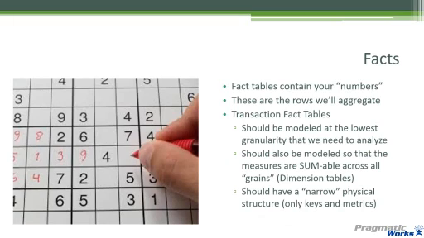Now our facts are the tables that contain our numbers. So these are the rows that we're going to aggregate. These again will be our index growth or maybe our execution counts for our stored procedures. Now within Kimball's methodologies, there's actually a few different types of fact tables. One thing to note for today, we're going to be looking at transactional fact tables. Those are the most basic, the ones you really start with and the ones you use the most. And some key things to keep in mind with transaction fact tables